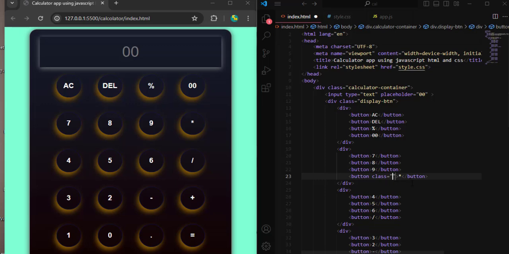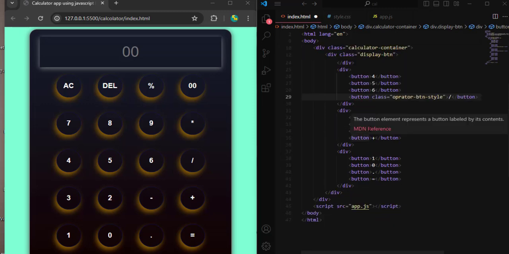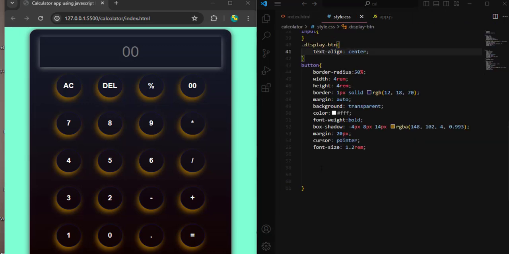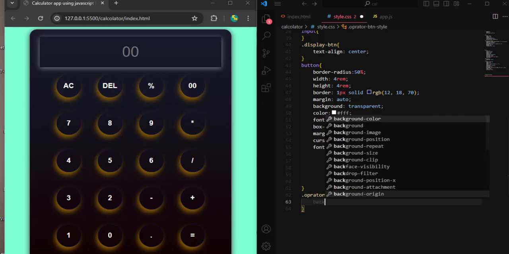Let me say class name, we have operator btn style. Now copy this class name and paste right here, for the subtraction operator paste right here, and paste right here. So now save, and using this class selector, let me change the background color. So background,